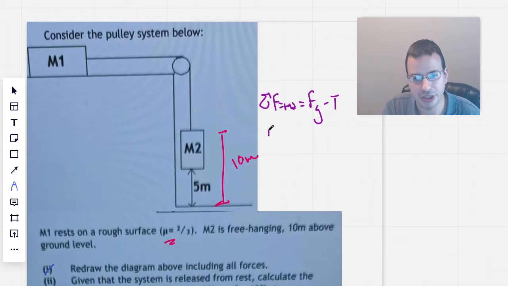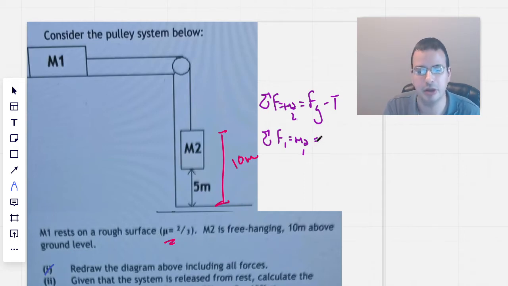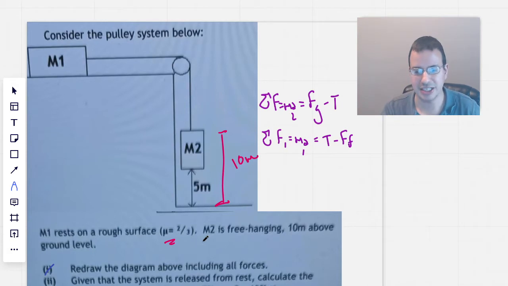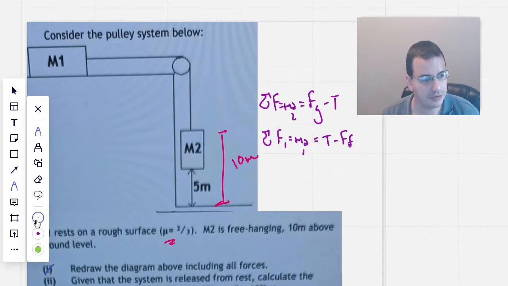And then the sum of all forces on 1 is also going to be mass times acceleration. This would be mass 2 though, and this would be mass 1. But the accelerations will be the same. And that's going to be tension minus force, friction. In this case, tension is going to be overcoming friction, causing the motion to go to the right. You solve for T, you set the T's equal to each other, and you solve it. That's the correct, better way of doing it. The quicker way of doing it